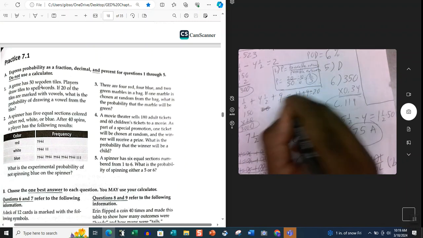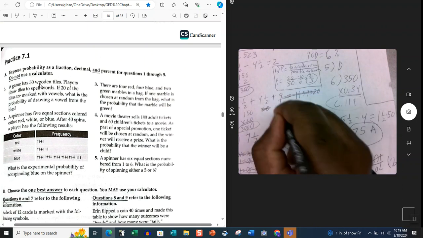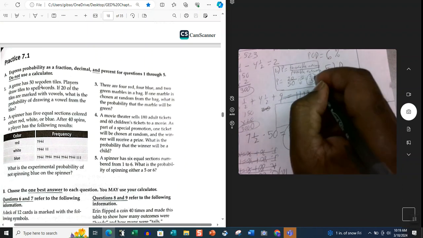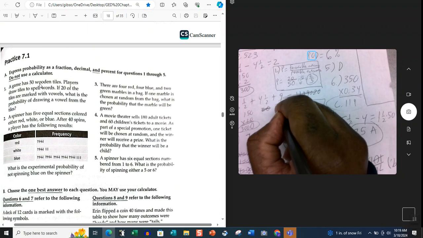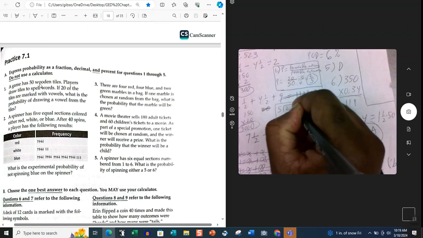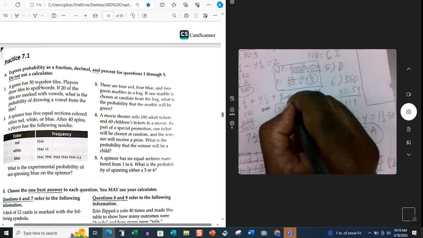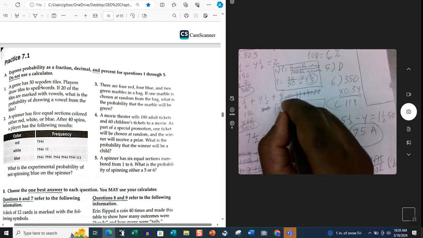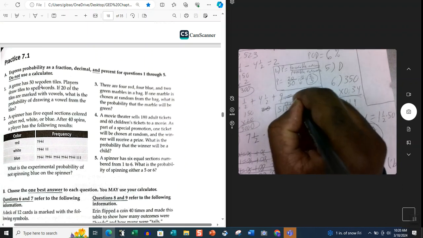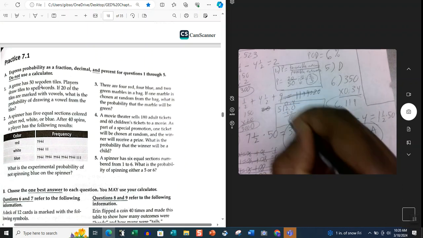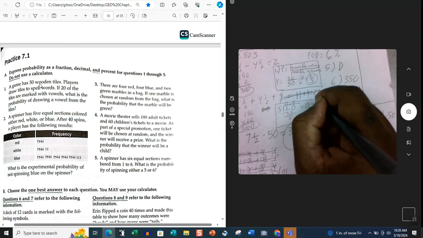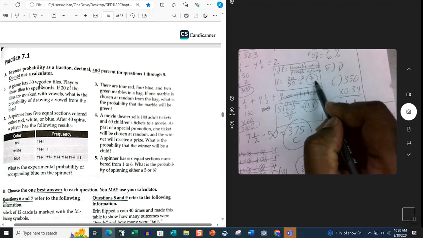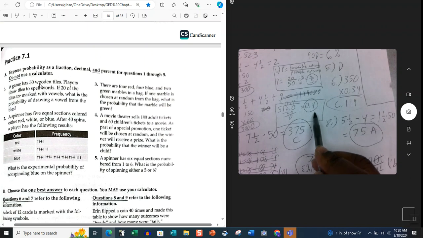Now we're going to go down here and do our decimal. I'm going to block this off here. So the decimal, we would take 5 into 2.0. Bring up our decimal. 5 goes into 2 0 times. So 0 times 5 is 0. But 5 goes into 20 4 times. 4 times 5 is 20, no remainder. So our decimal is 0.4. So we have our fraction of 2/5. Our decimal is 0.4. Now our percent